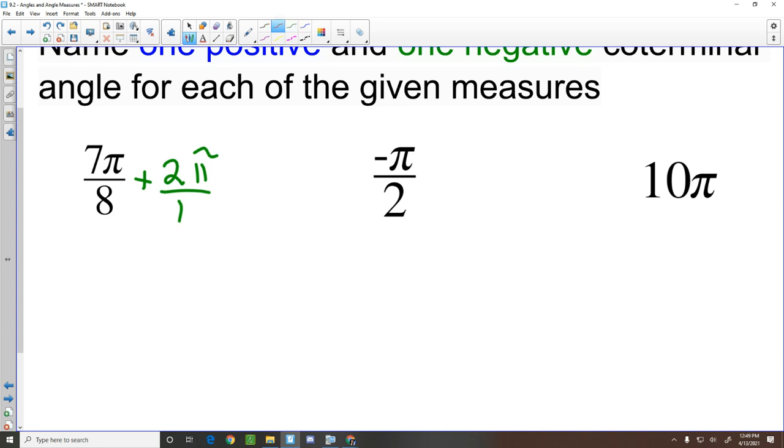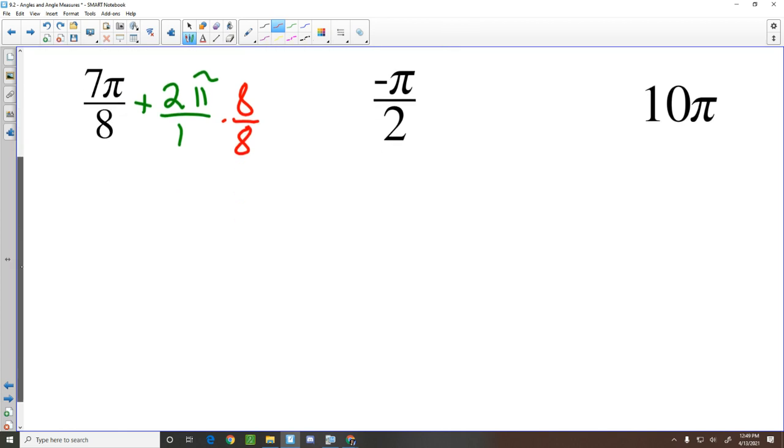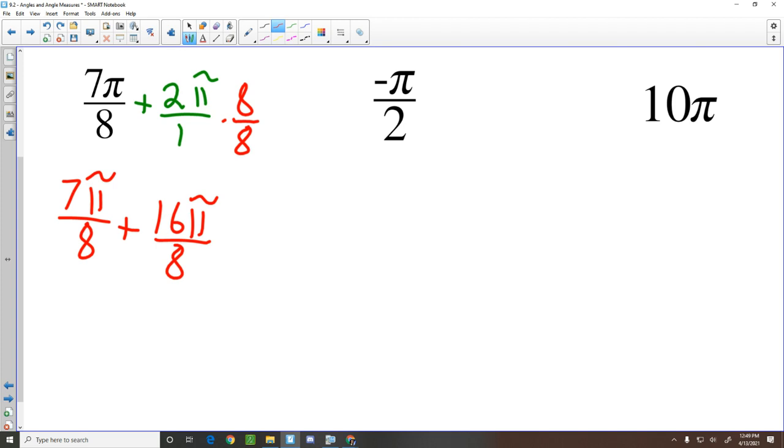Yeah, let's make that common denominator of 8 by multiplying by 8 over 8. And so we're really taking 7 pi over 8 plus 16 pi over 8. And isn't 16 pi over 8 the same as 2 pi? 16 divided by 8 is 2. But with that common denominator, I can keep that 8 in the bottom, and I'm just adding the numerators. And 7 plus 16